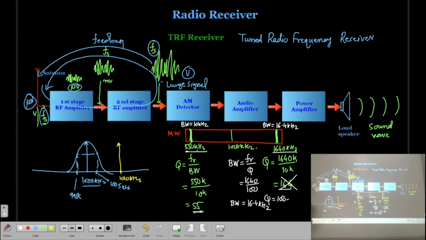And on this side, if you see, at 990, here you can say station 1 is there. This is station 2, and here you can have station 3. Correct? Now when we are talking about this, its resonance curve will be like this. Its frequency response will be like this.